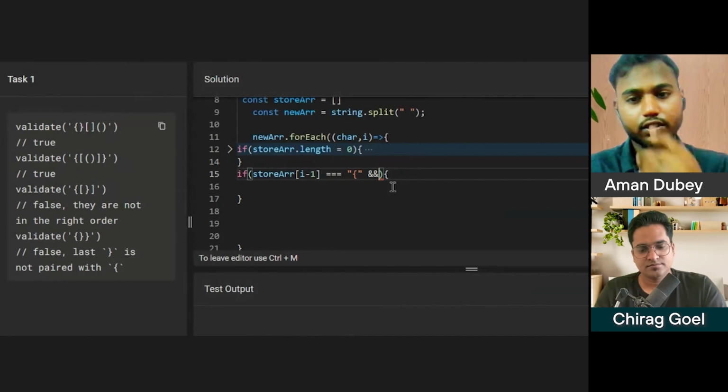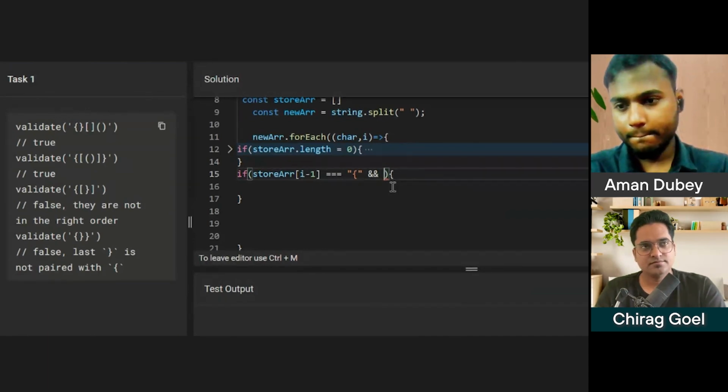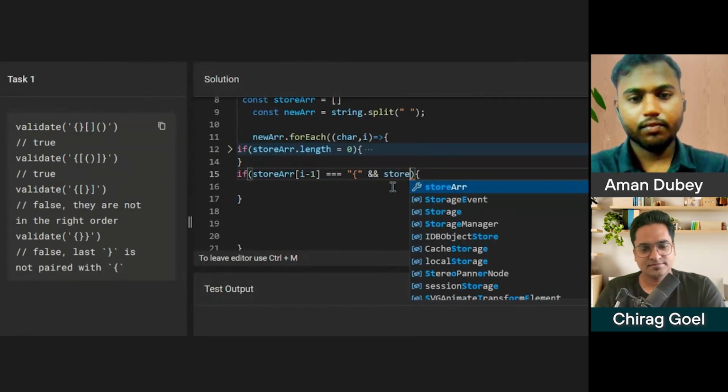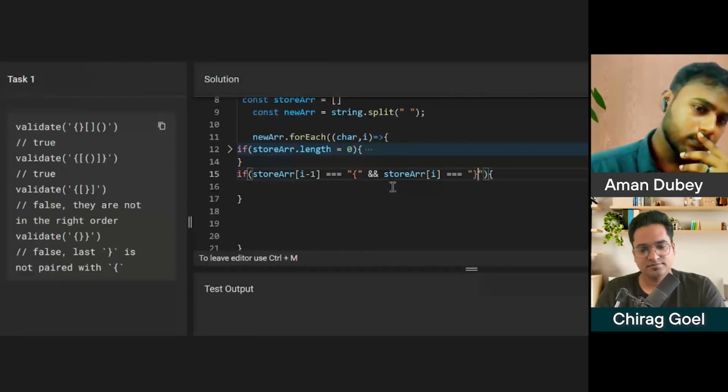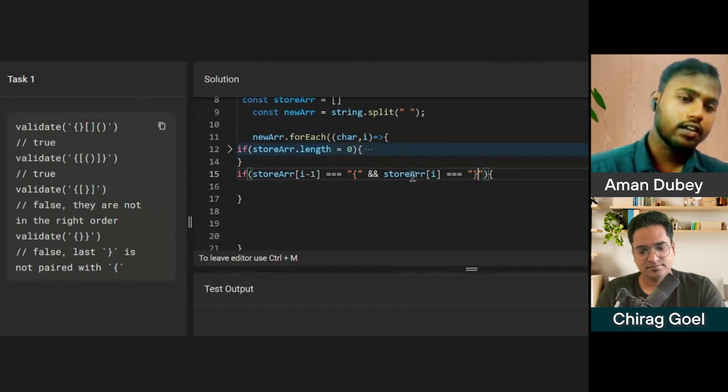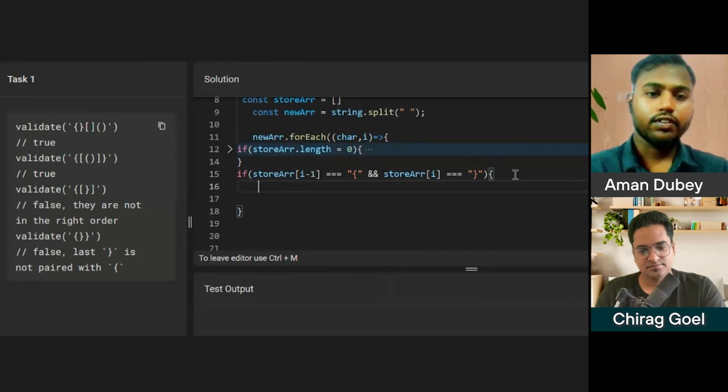Should I store it somewhere? Here of I triple equal to this. This is the case, then I will remove it.